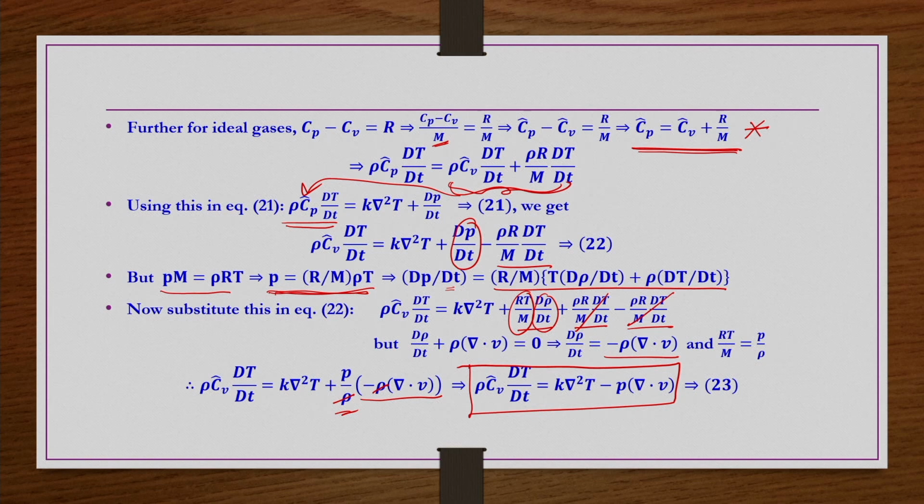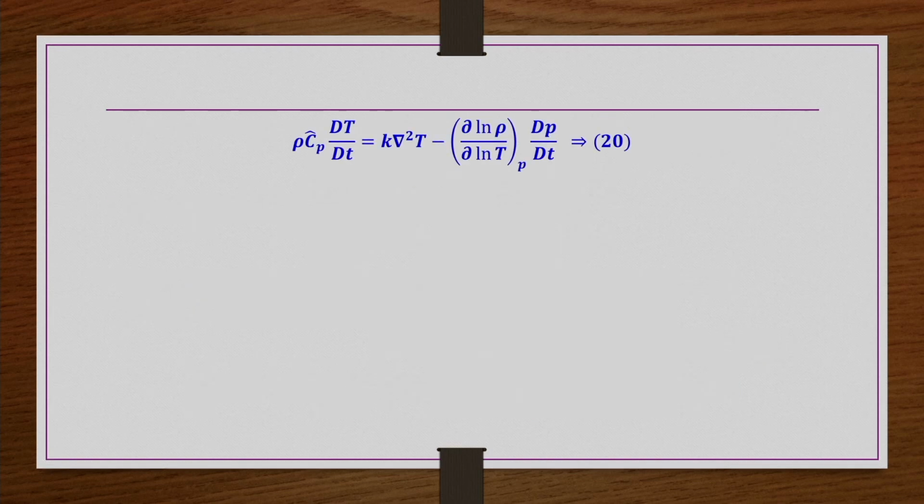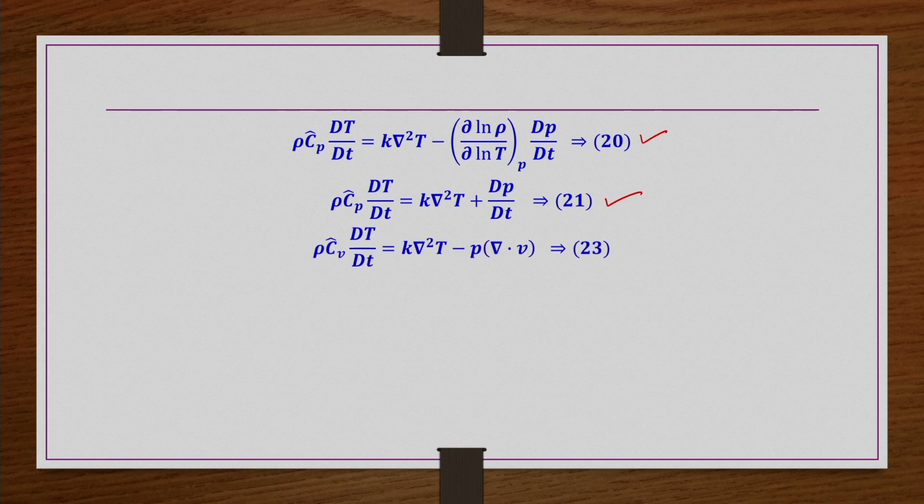Right. So, the same equation in different forms, in different variables, we are writing, that is it. As a summary, in terms of temperature, the equation of change for temperature, we have this equation. We also have this equation for an ideal gas system, and we also have this equation in terms of Cv tilde. These are the things we have just derived. These are some special forms. We are writing the same equation for different cases.